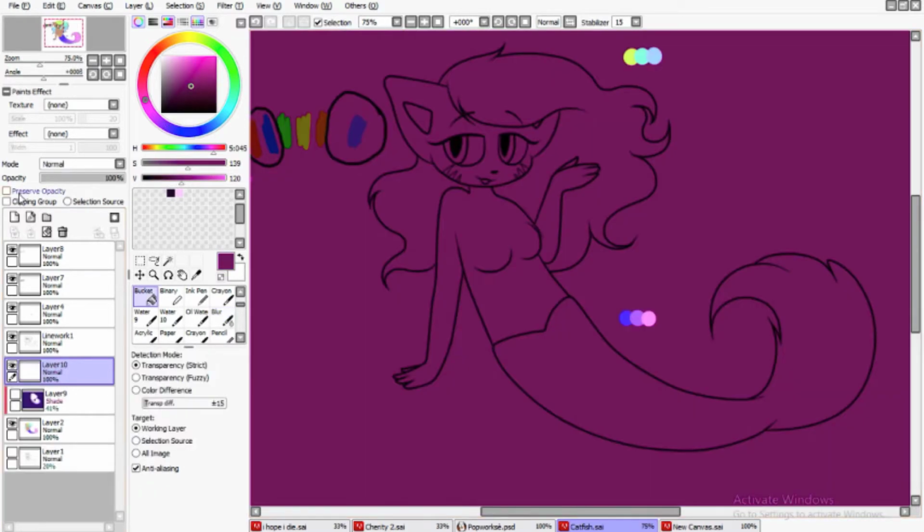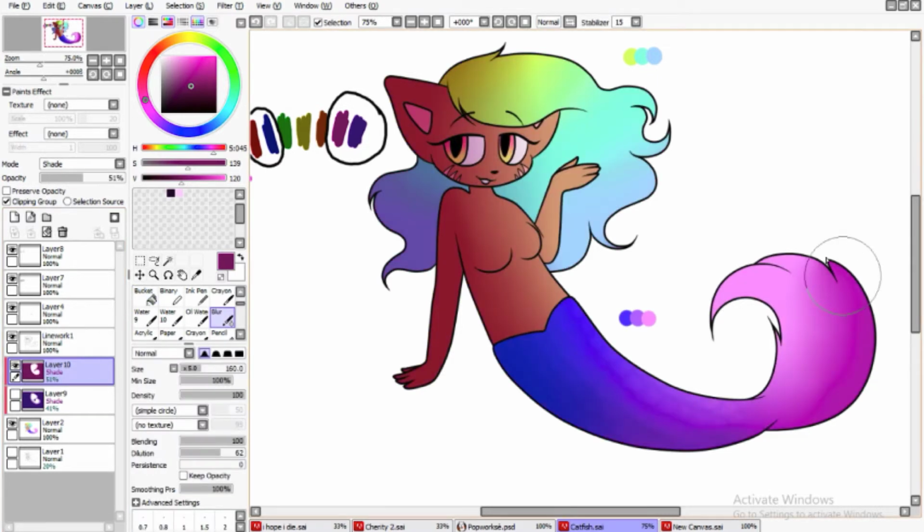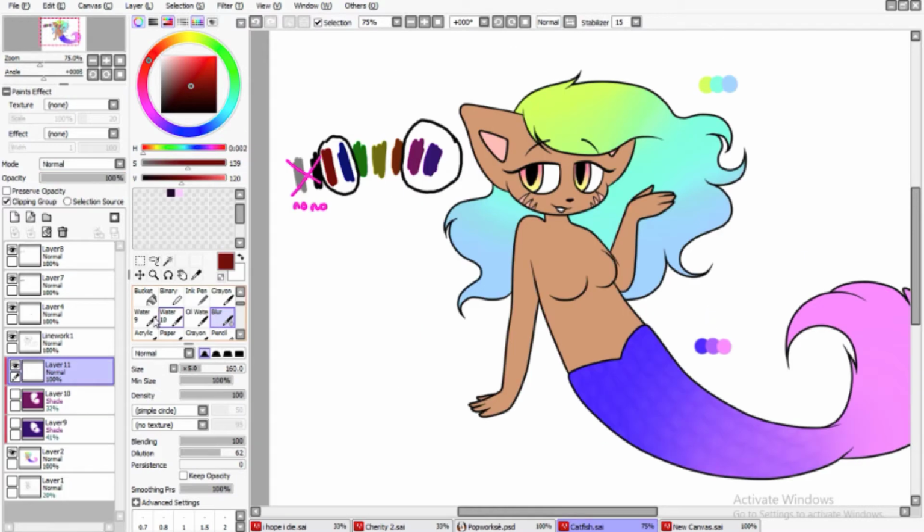kind of sea color, I guess. So maybe if your character's underwater, that would work best. And usually I do this because of the cool and the warm colors. And of course it makes it look much more defined, and it makes it look more colorful than